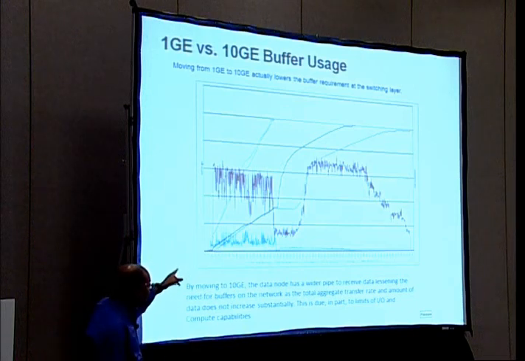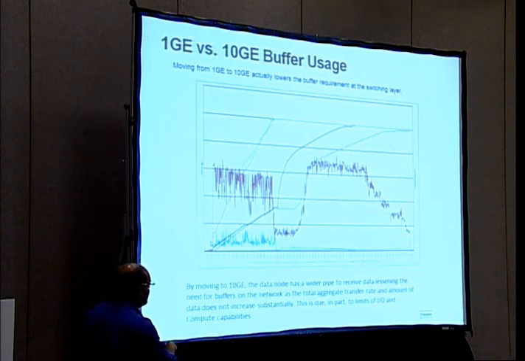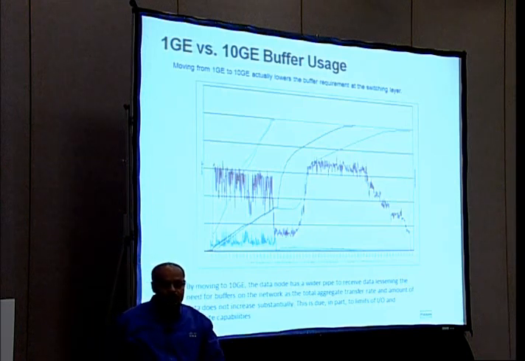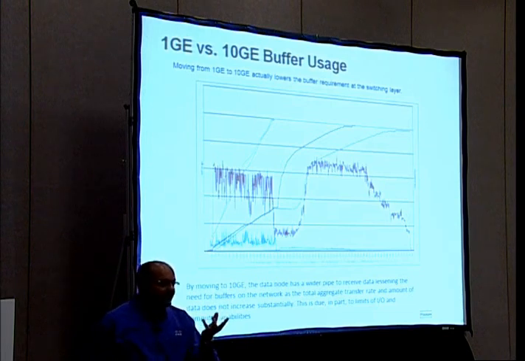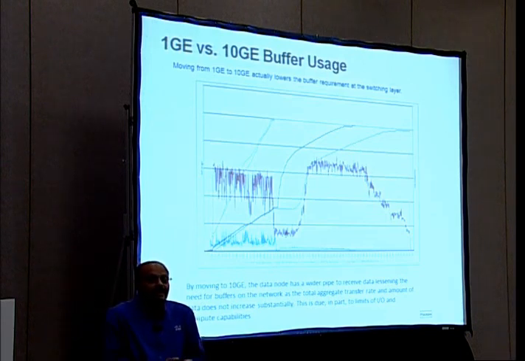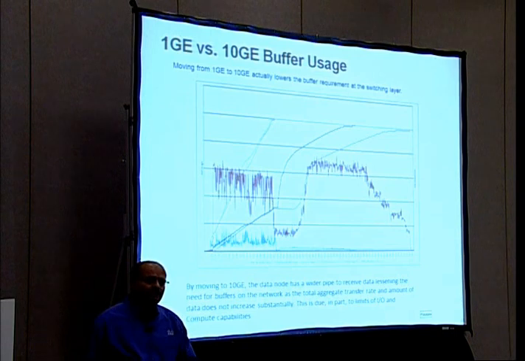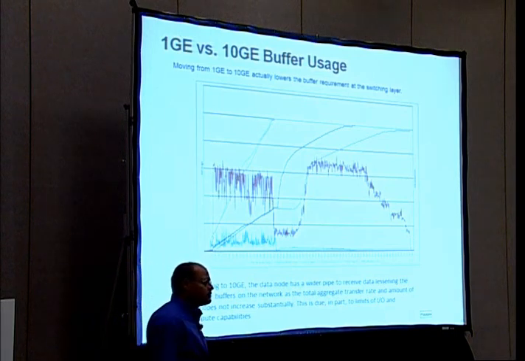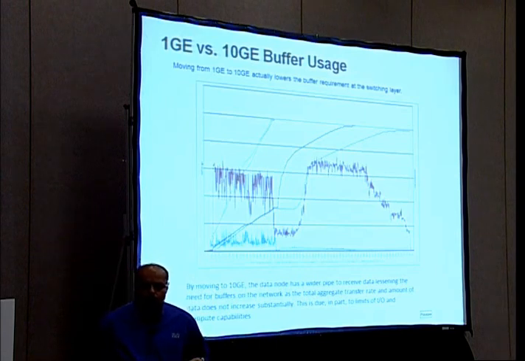What else? This is another interesting observation. What happens in the buffering behavior with the 1 gig attached node or a 10 gig attached node? If you look at this, it's a complicated graph. You have multiple mappers running, 1 gig attached mapper, 10 gig attached mapper, and there is a reducer graph. As soon as the mapper finishes, the reducer graph takes off, right? The brown lines I'm showing on the top are the 1 gig buffer utilizations. Of course, because congestion is building in the network, high levels of buffering are occurring, compared to a 10 gig where the buffer level is much lower because the resistance from the speed is not there, wider pipe.